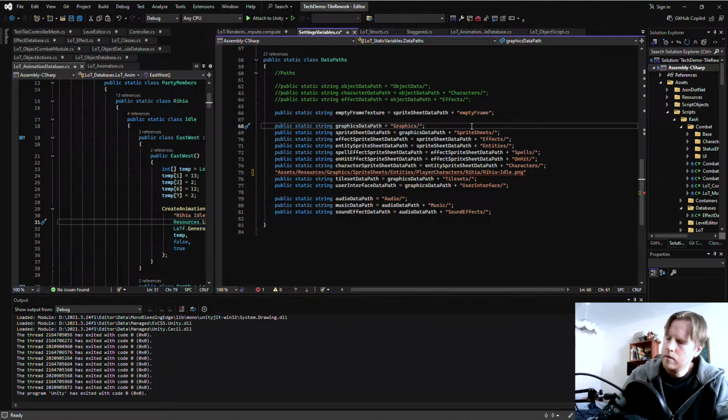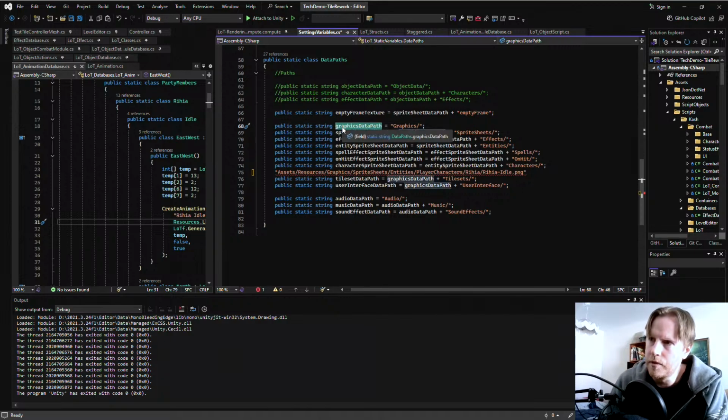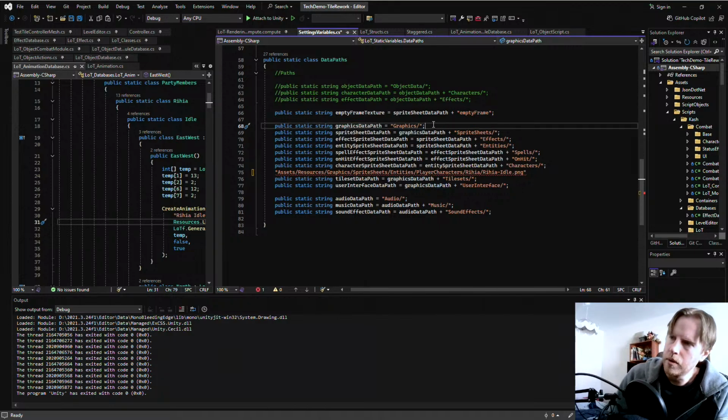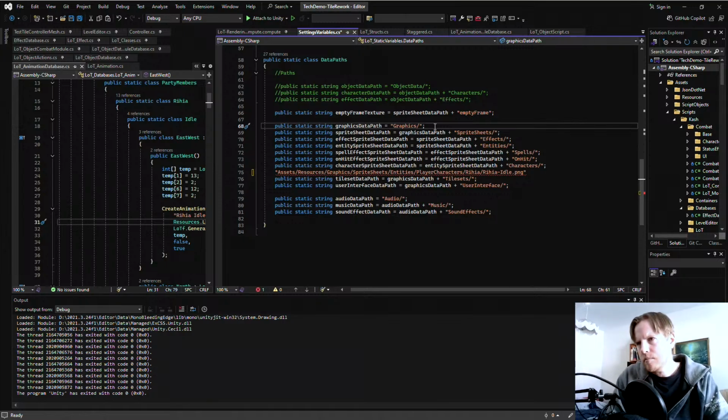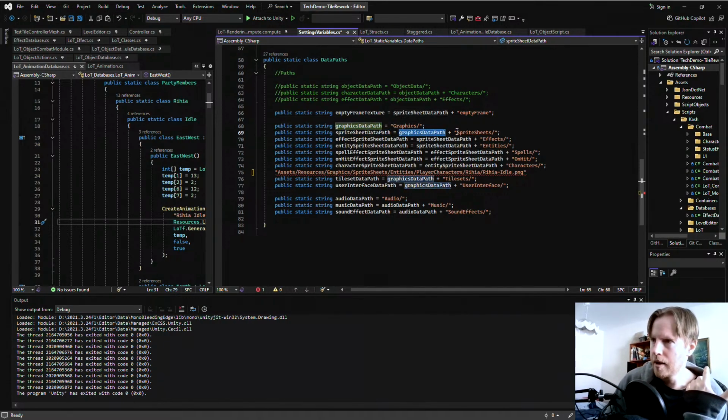Like, writing this is fine, graphics data path, right? But it quickly becomes super cumbersome. Because, like, how do I write the folders that are contained within graphics data path? What I've been doing is I've been writing like sprite sheet data path, and then it's graphics data path plus sprite sheets. But